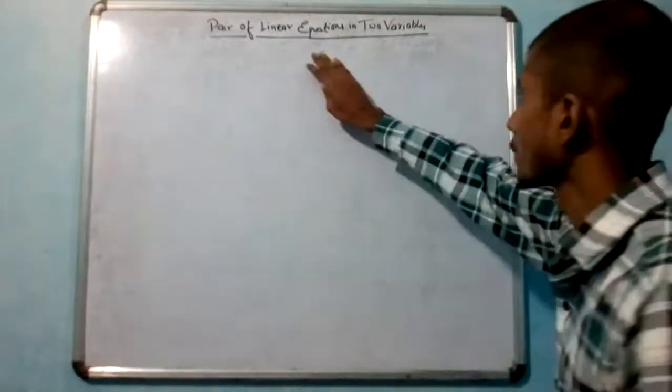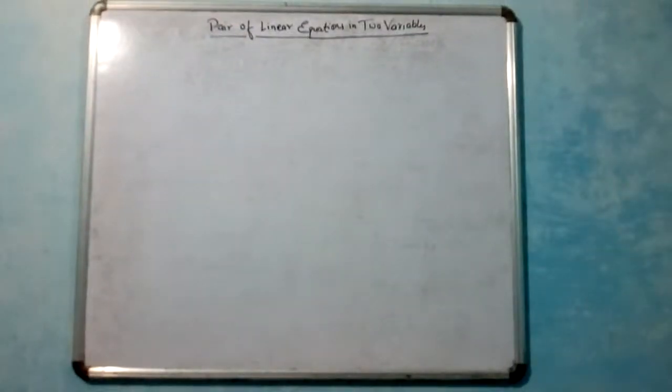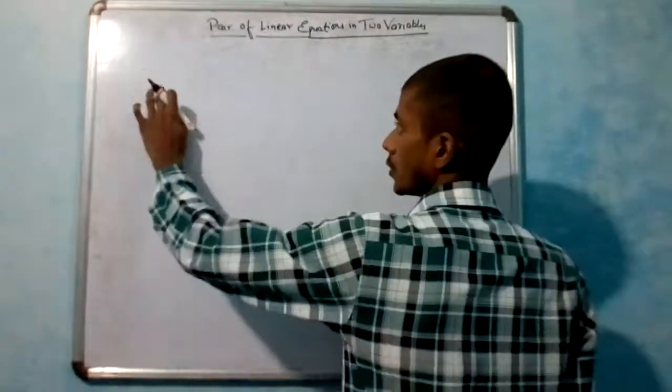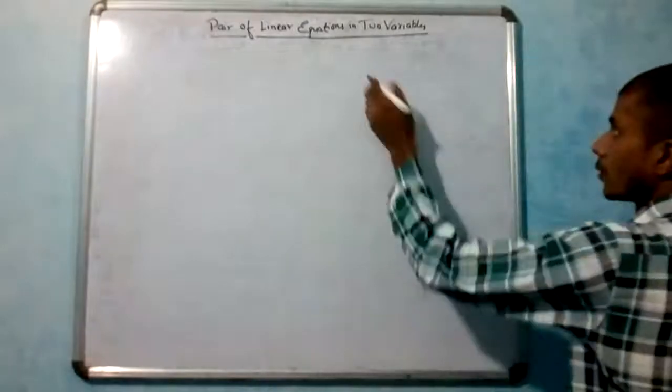Pair of linear equations in two variables, okay? So we had discussed the graphical method of solving. We studied the general form,